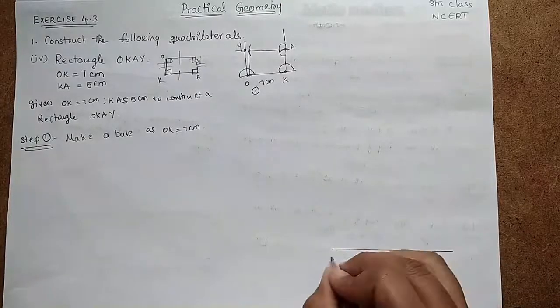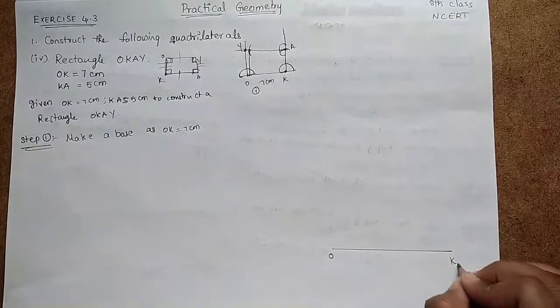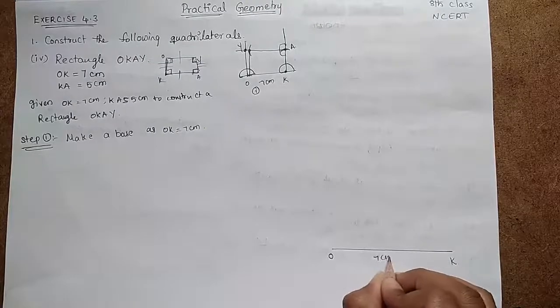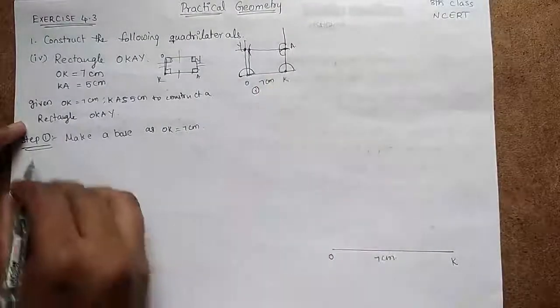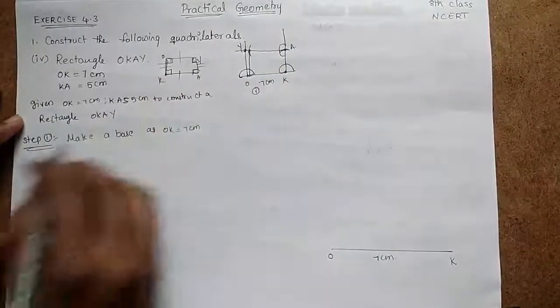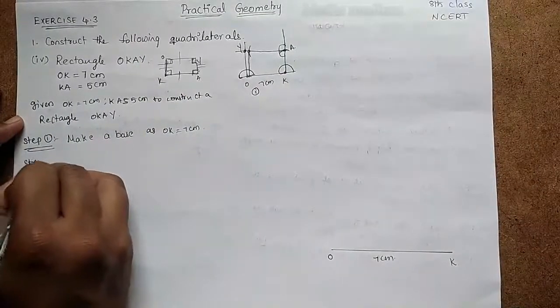So this is O and this is K as 7 centimeters. Step 1 is over. Next, step 2, we have to construct a rectangle. So we have to use OK. So step 2,